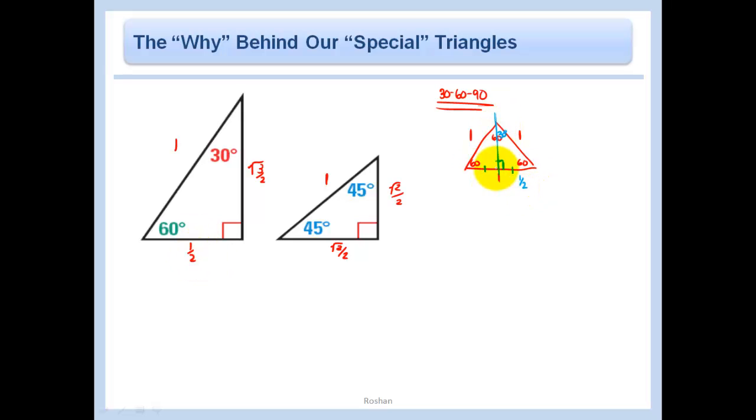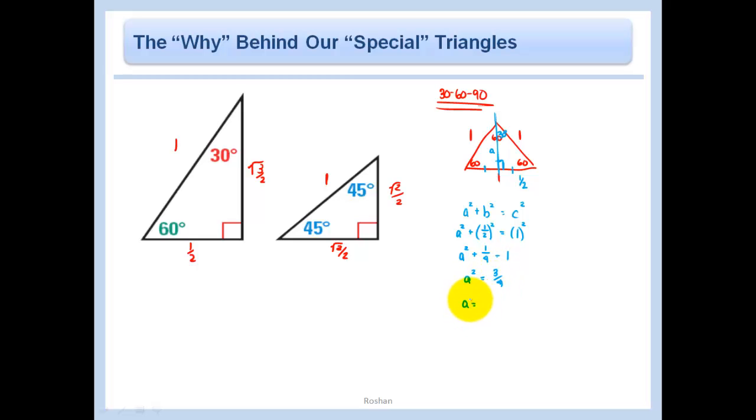Now how do we get the missing side? Well, we know a squared plus b squared equals c squared. And so that's pretty much how I get the rest. Let's call this a. Then we have a squared plus b, which is 1/2 squared, equals c squared, which is 1 squared. A squared plus 1/2 squared, which is 1/4, equals 1 squared, which is 1. A squared equals